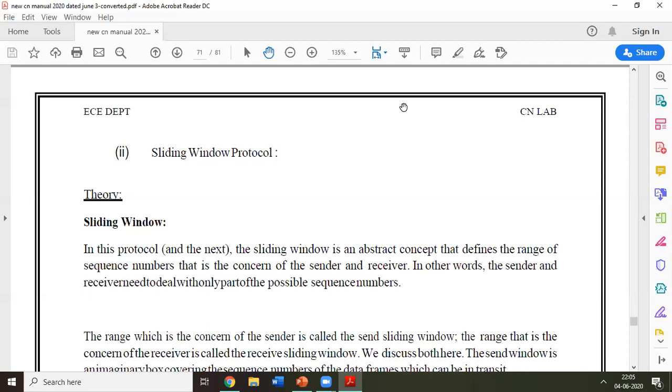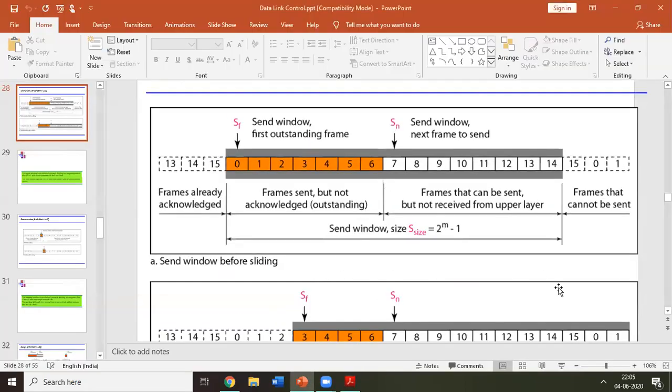And the name sliding window means that after sending one frame, or more than one frame, the window will be slid. What is that window sliding? For that, I'll give an explanation. So you can see